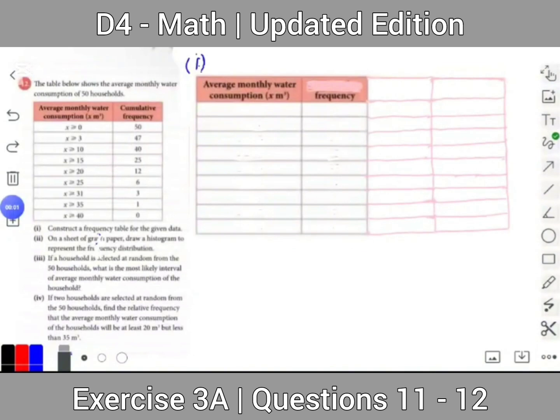In question 12, the table below shows the average monthly water consumption of 50 households. In part 1, construct a frequency table for the given data. So first we have to identify the class intervals from the given cumulative frequency table. Since this is a more than or equal to type cumulative frequency, the class intervals will look like